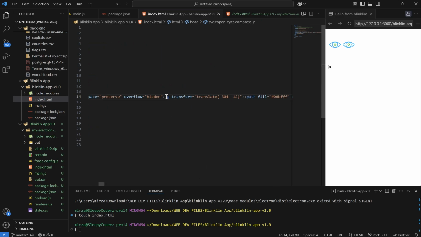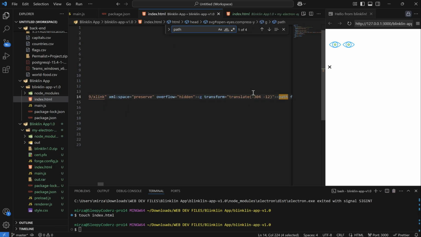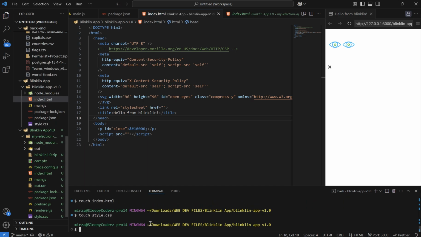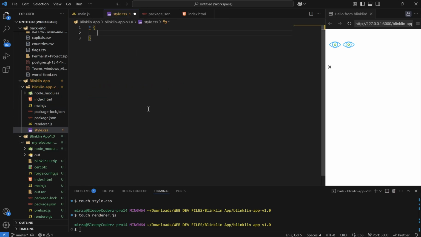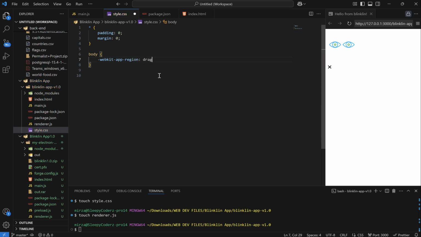Sorry, it keeps going on the right side, so I'm just going to type Control F and then path. So with this path, you can go and change the color of the SVG. Just type path and then go there and try to change the color. Let me now link the renderer file, which is going to communicate with the index.html, and then we're going to create style.css, and let me write